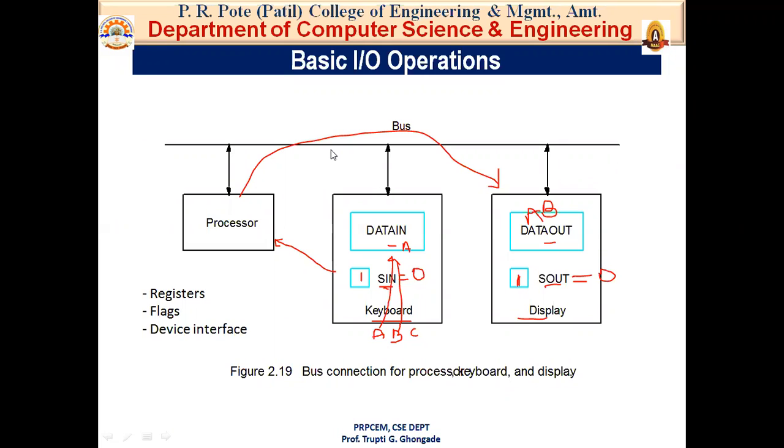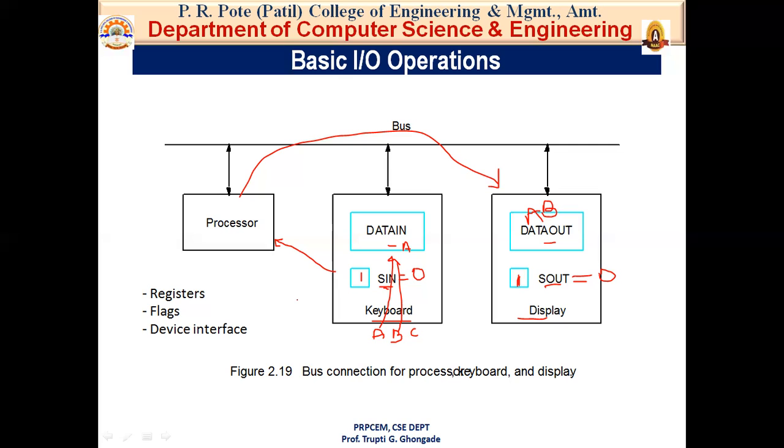Now, in order to perform a data transfer between input device and output device, we need some machine instructions to check the state of your status flag and to transfer data between the processor and IO devices. It means that we need some predefined program to check the status of these flag registers and to transfer data between input unit and output unit. These instructions are similar in format to those used for moving data between the processor and the memory. It means that we are using the same instructions that we use to transfer data from processor to memory and memory to processor.